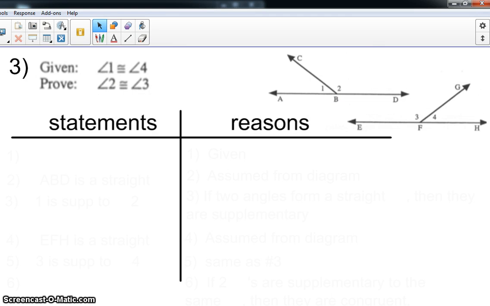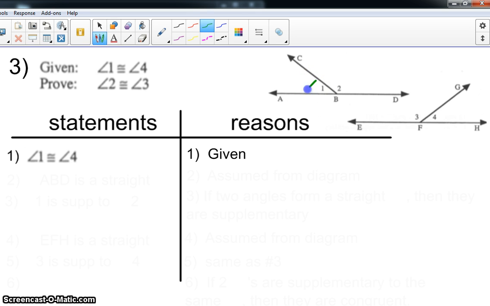And moving on, number 3. Start off with our given statement again. You can see angles 1 and 4, looking in the diagram, are going to have a relationship with the angles next to them, angles 2 and 3. So similar, we're going to need to talk about supplementary angles, but first off we are going to need some